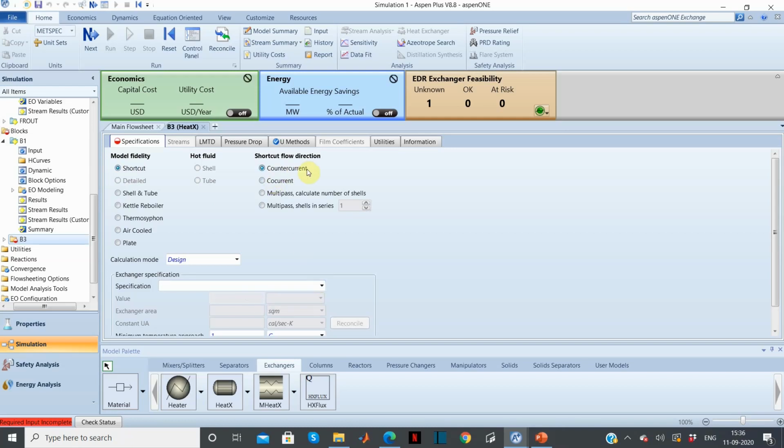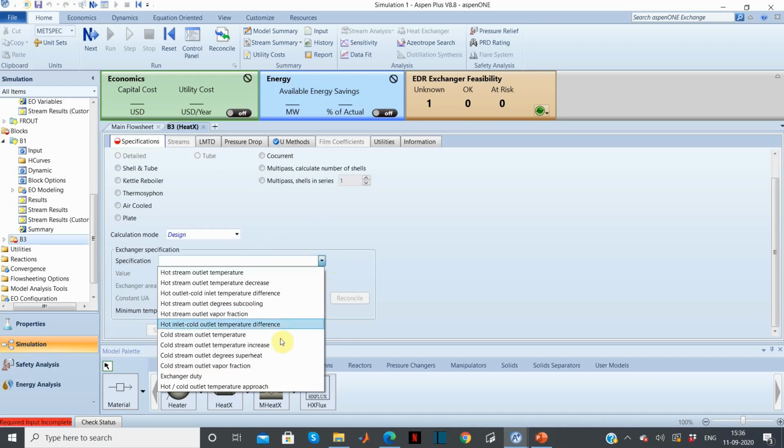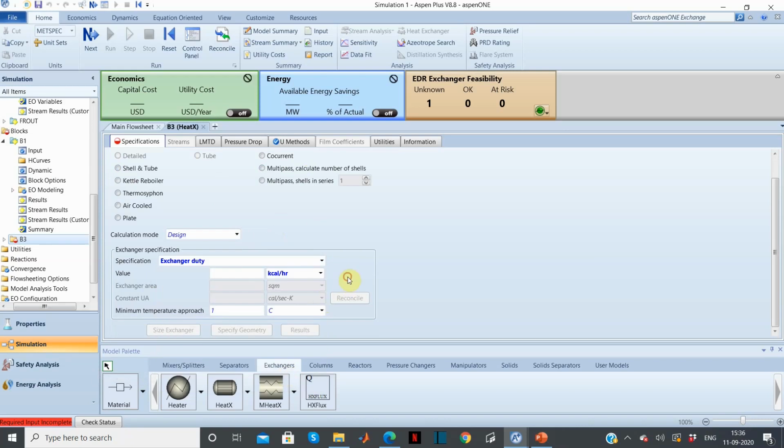The flow direction will be counter current only, and calculation mode is again design. The specification here will be exchanger duty because we know that already, and it is 180.049 kilowatts.